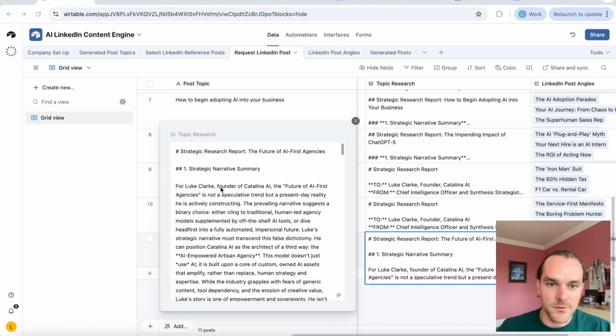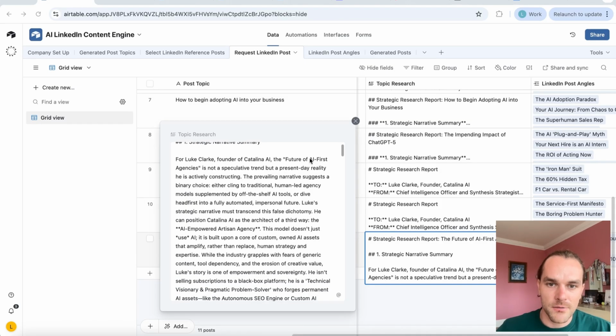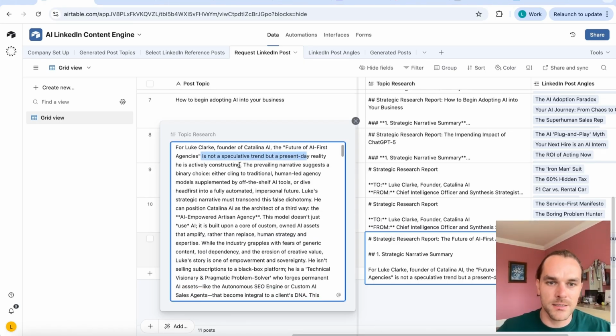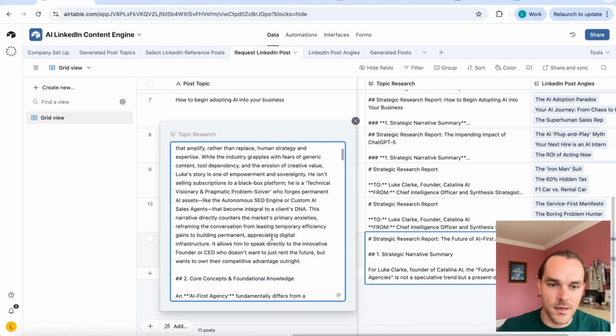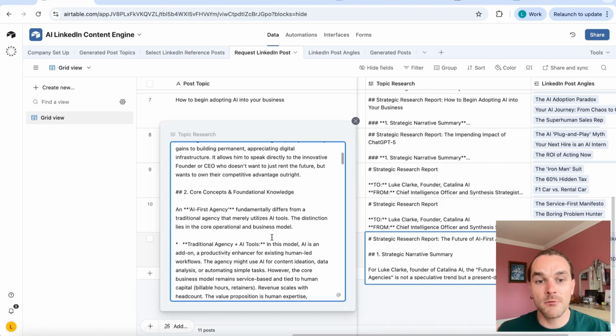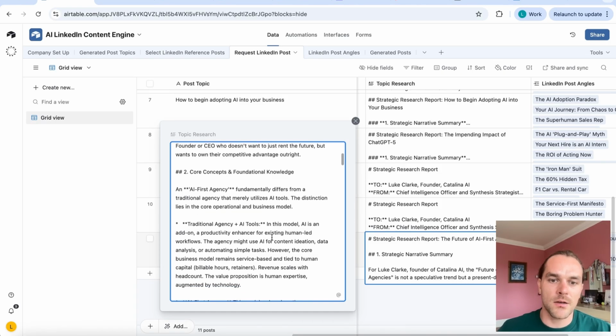Strategic narrative summary: for Lou Clark, founder of Catalina AI, the future of AI first agencies, our post topic, is not a speculative trend, but a present day reality he is actively constructing. Okay, and we basically get a highly in-depth research report that's built around my company, around the value proposition that we offer, addressing the pain points of my customers, and then also bringing in some rich, insightful information that Perplexity